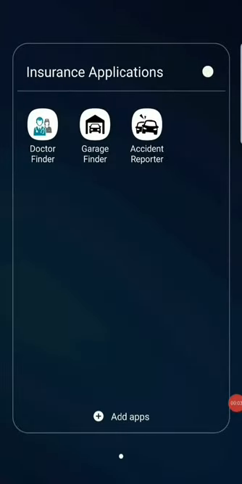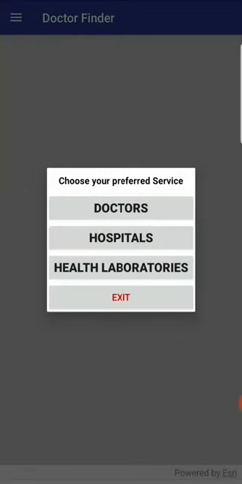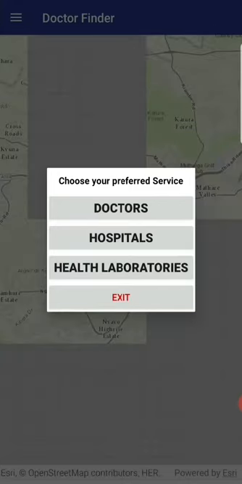We are going to illustrate the doctor finder, the garage finder, and the accident reporter. These are the insurance applications. Let's click the doctor's finder. So this is the first page that you land on, where you can choose your preferred service, either the doctors,